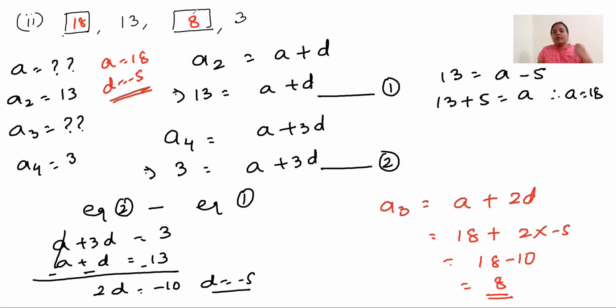So now you have understood, when we don't have A, we don't have D, in that case, we will be given two terms. Two different terms will be given. From those terms, using the elimination method, or if you want, you can use the substitution method, we can find A and D, and then whichever term they're asking, we can find that. The same question you will get later on in the same exercise, but in the form of a word problem. So you have to identify that this is the same question. That is why I'm explaining this much now.